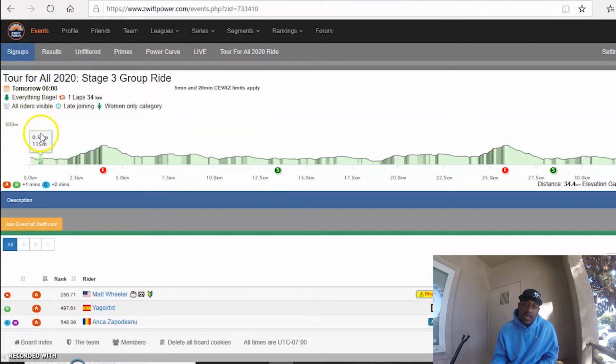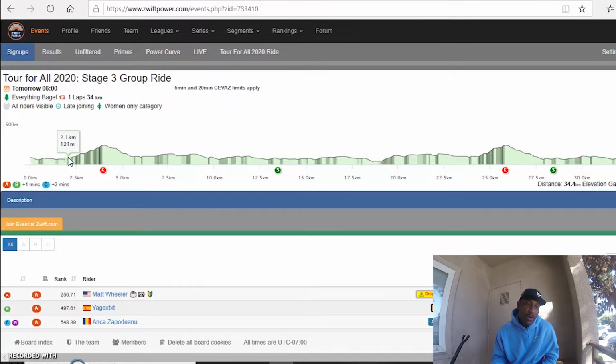Beneath that, you see that this course is 34 kilometers long, and they actually show you the profile of this entire route. You see here we have a couple of big climbs. If you hover your cursor over this, it shows you the elevation as well as how many kilometers into the ride you're going to hit a climb or descent, whatever it may be. You'll see here at 2 kilometers in, we're going to hit our first climb,